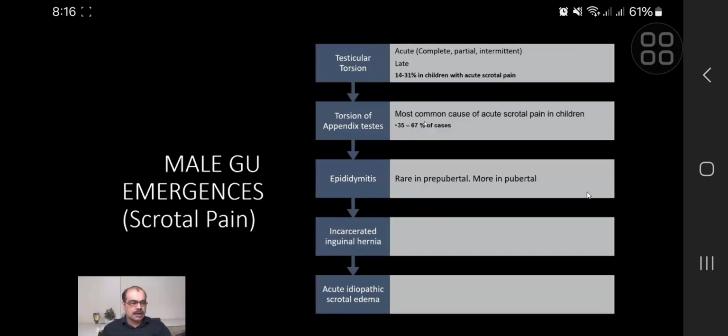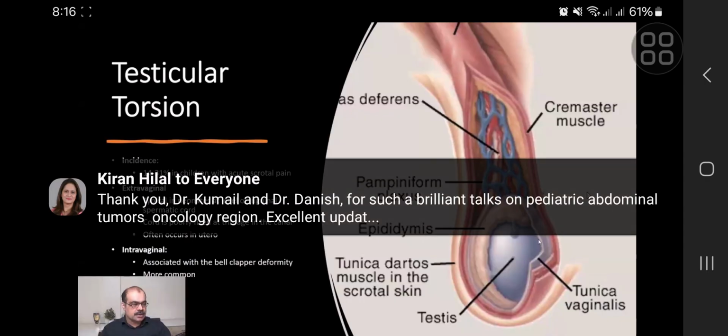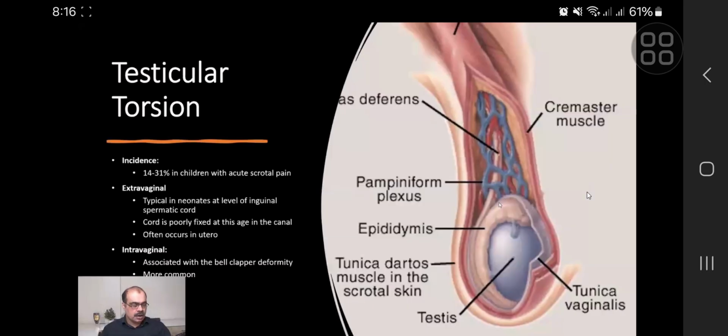So you have to keep this in mind when you are dealing with any patient who presents to you with acute scrotal pain. Now, regarding the basic anatomy of the testis, it is covered with the tunica vaginalis, which attaches it, not allowing it to rotate freely. And there are vessels which approach it through the inguinal canal. Testicular torsion is the twisting of these supply vessels, resulting in the occlusion of the supply to